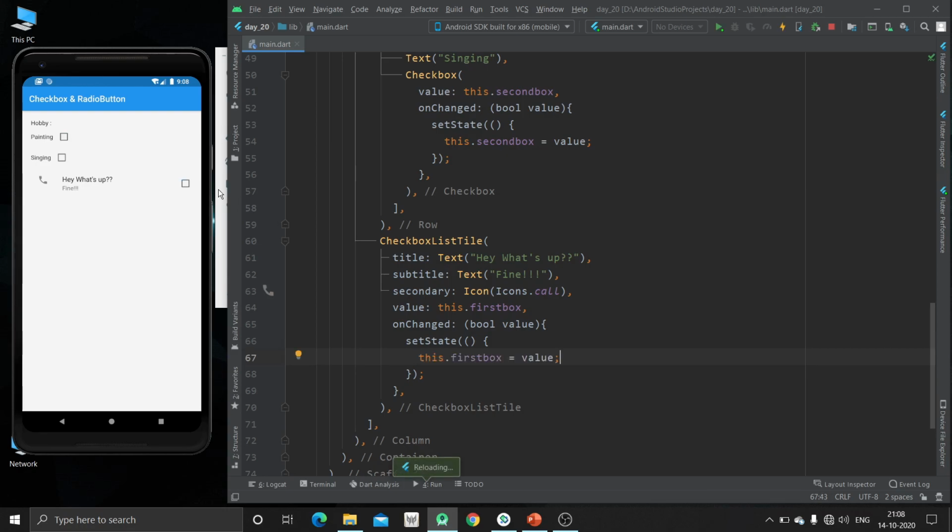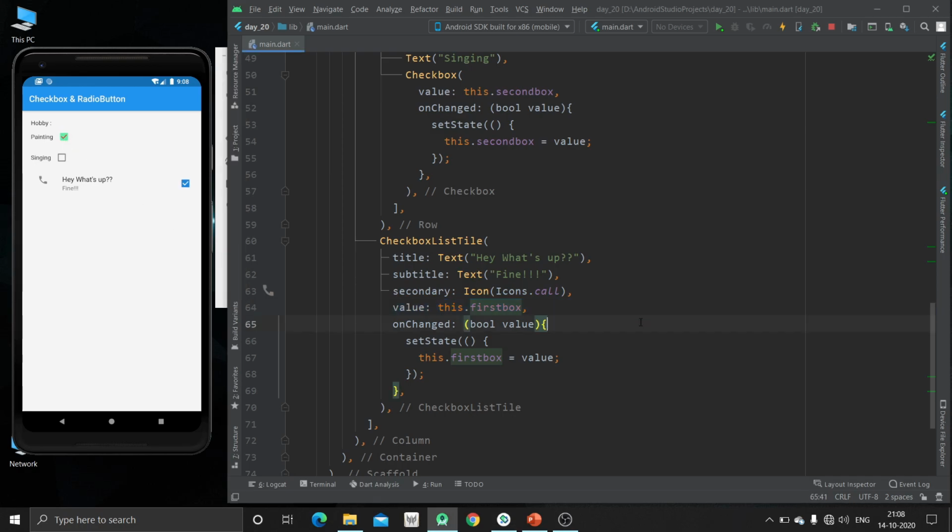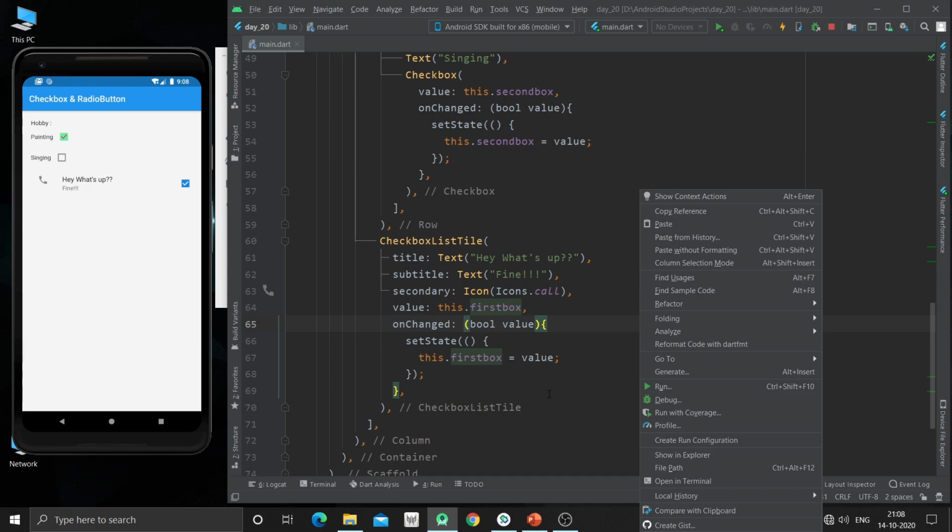Now just hit Ctrl S. Now you can see the value is getting changed, and as we are using the same variable for both painting checkbox as well as this checkbox list style, if we check any of these, both will be affected. So if you do not want this kind of thing, just make separate variables for all of them. So this was all about the checkbox.